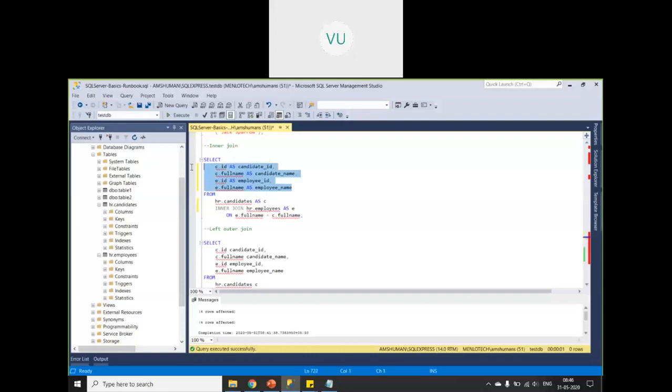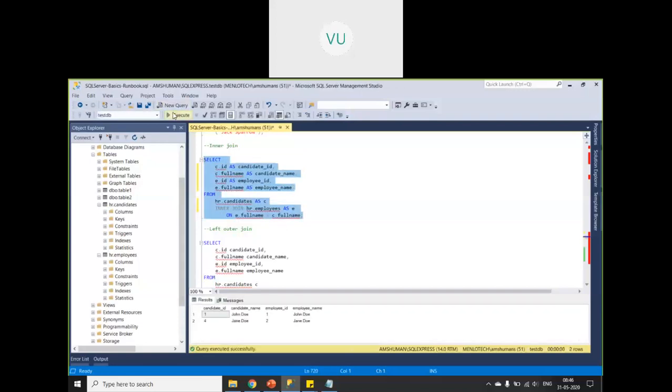I can just say select star, but it will show ID full name, ID full name. It will be confusing to know which column belongs to which table. That's why I'm specifically mentioning the column names and giving aliases.